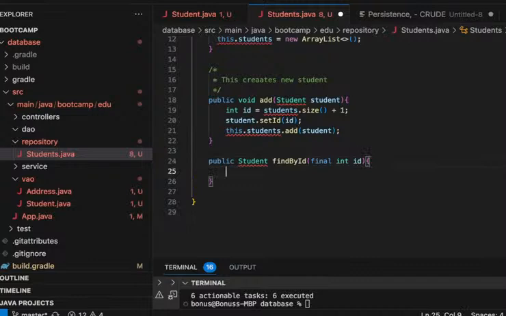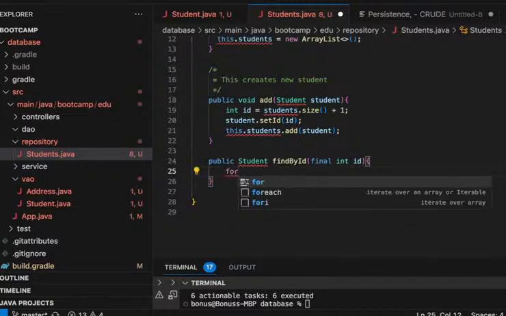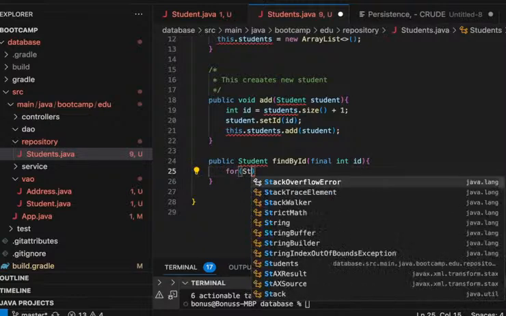So here, what do we do? How do we find by ID? We can take a look at the collection and iterate through it. We iterate through the collection, and then put an if: if the ID equals the ID that we are looking for, then we return the object. So for students